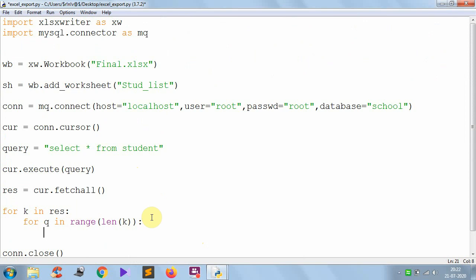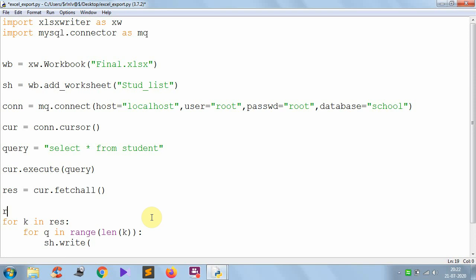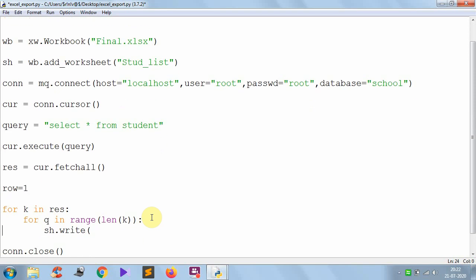Now I want to write this data to the Excel worksheet. So how to do it? I want to keep this data in the sheet using sh dot write function. Here I am using row 1, because I want to start displaying the data from the second row. That is the row index.